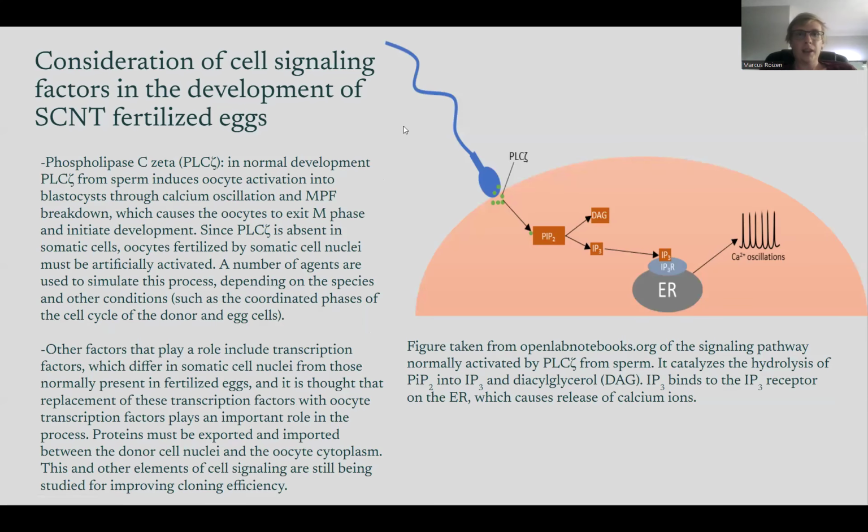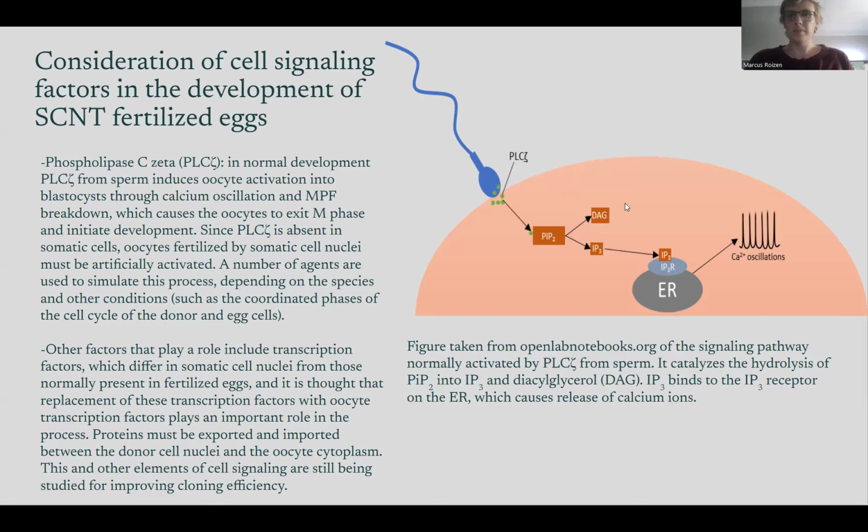Normally, in fertilization, phospholipase C zeta activates a cell signaling pathway where PIP2 is cleaved to diacylglycerol and IP3, which acts on the IP3 receptor in the endoplasmic reticulum, which causes the release of calcium ions